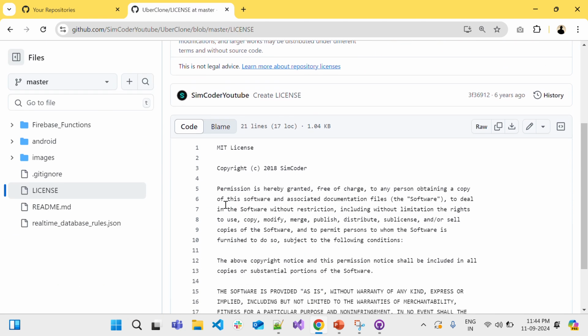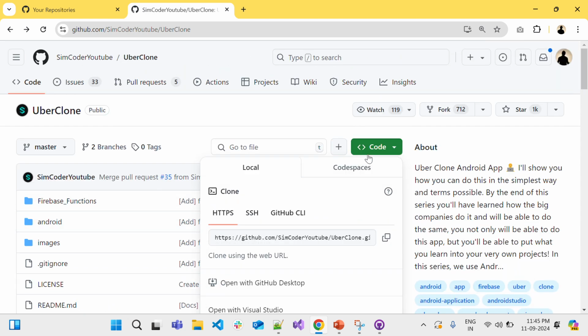These licenses include information about their software or project, whether we can copy it to our local or not. Here, by seeing this license, we can find it's free of charge. We can copy the application and there are no restrictions or limitations. We can use, modify, copy, merge, and publish the changes. So we can take up this application as well. Okay. So click on this Code, copy the HTTP URL,